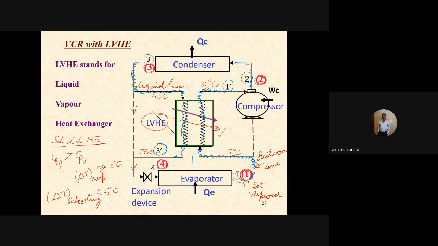Okay, so that is the path, and then it passes through the expansion device, and then it goes into the evaporator. The blue color line shows you the path of the refrigerant flow after a liquid vapor heat exchanger has been installed into the vapor compression cycle circuit. So I hope this is clear to you. Let us now look at what its effect is on the performance of the vapor compression system.